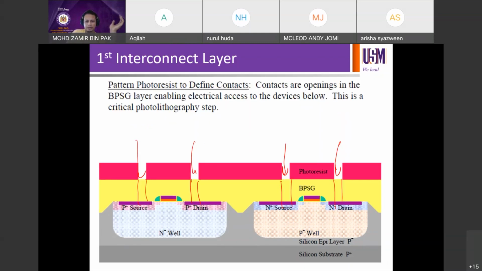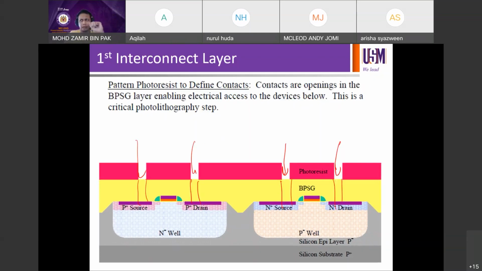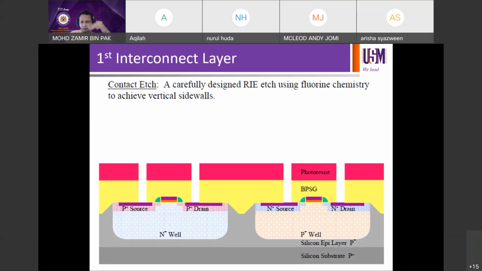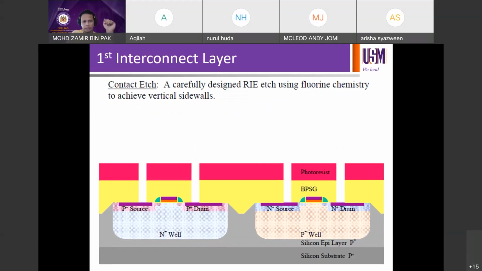Next, you etch, okay? You etch the contact. So it's called contact etch. Tadi contact litho if you like. Kalau dalam process flow tu dia panggil contact CED. Okay, then next step dalam process flow, kalau tengok spec nanti lah kat sejarah for example, you're going to see contact CED, contact etch. So this is contact etch. This one contact CED. Contact etch, then you carefully design the RIE process using fluorine chemistry